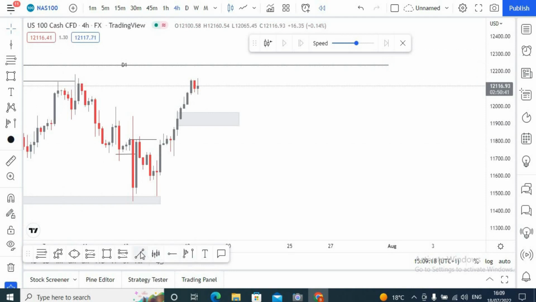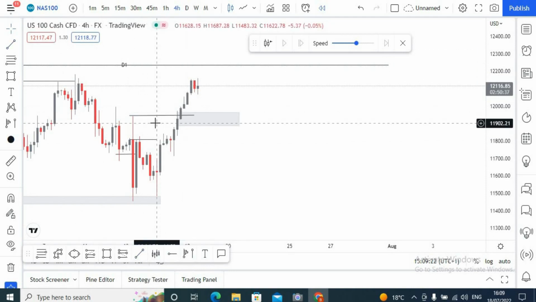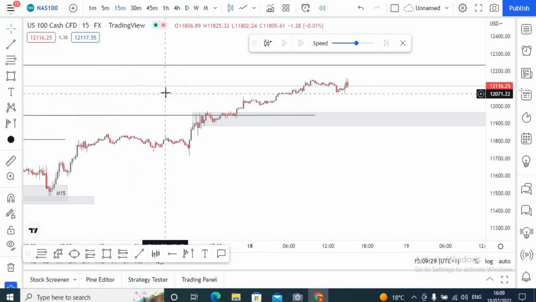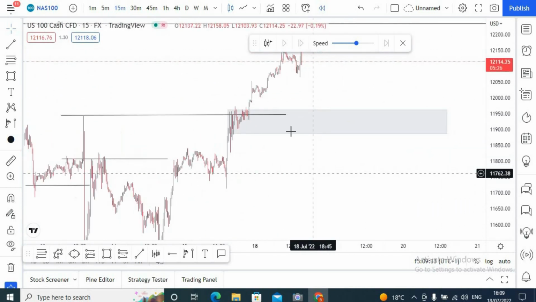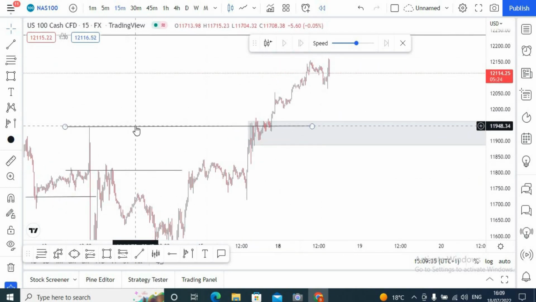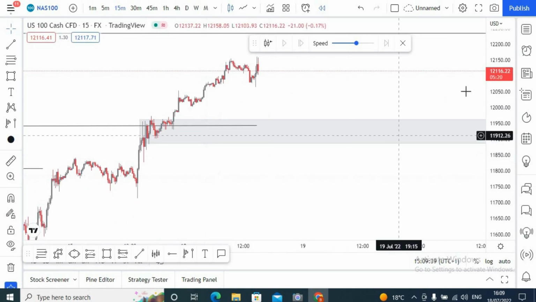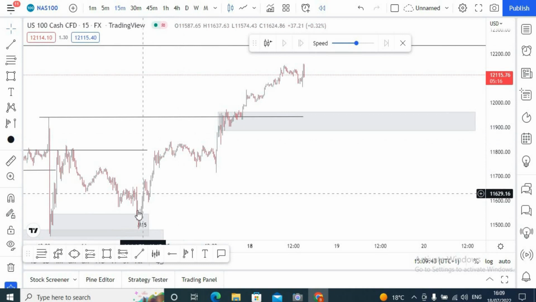We had this zone being taken out. So this is a failed supply. So if we go back to 15 minutes time frame, okay, we do have something like this now. We have something like this. We do have a swing point which was being taken out. And if we do something like this now, we have to understand